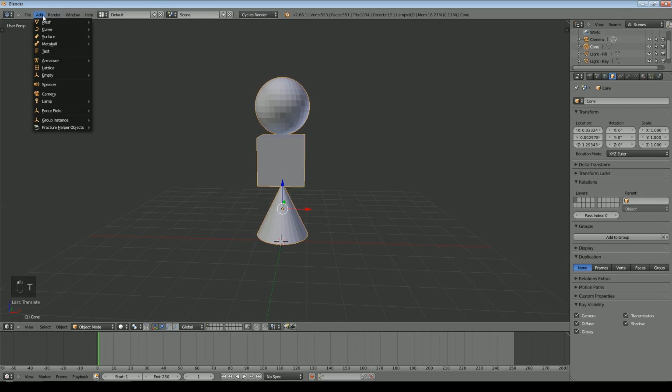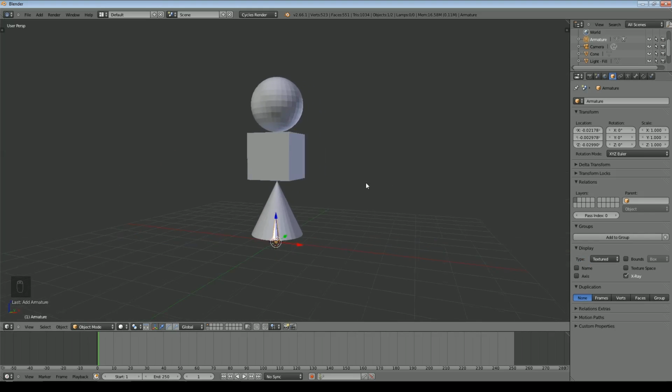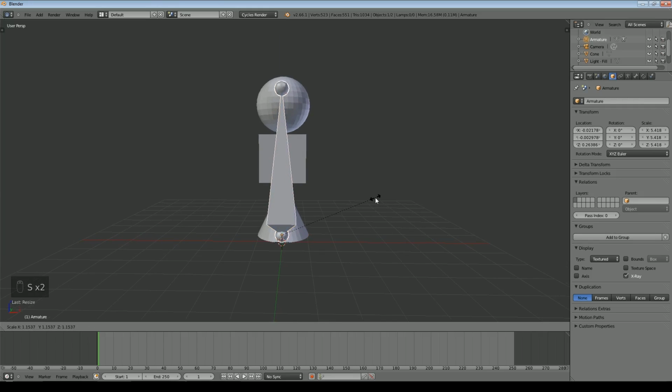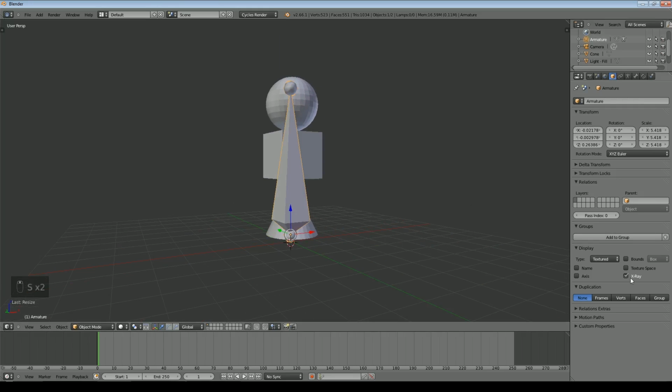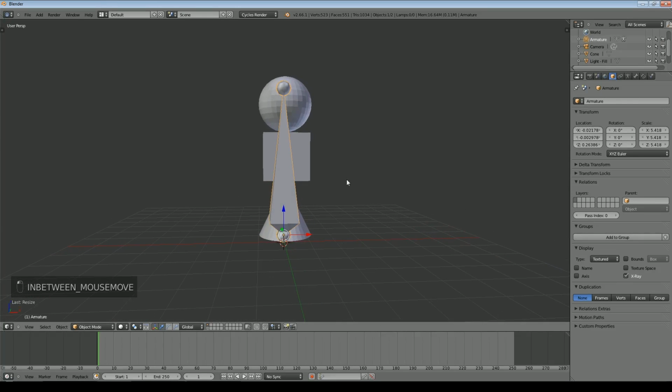And now I'm going to add an armature, and it will be a single bone. Now it's hidden underneath there at the moment. So if I come over to here with the bone selected and go to display and I select X-ray, that actually helps because I can now see the bone wherever it is, even if it's hidden, and you can do that with anything. So I'm now going to scale the bone up so it's roughly the same size as my object. So if I un-X-ray it, you can see it is inside the object at the moment.